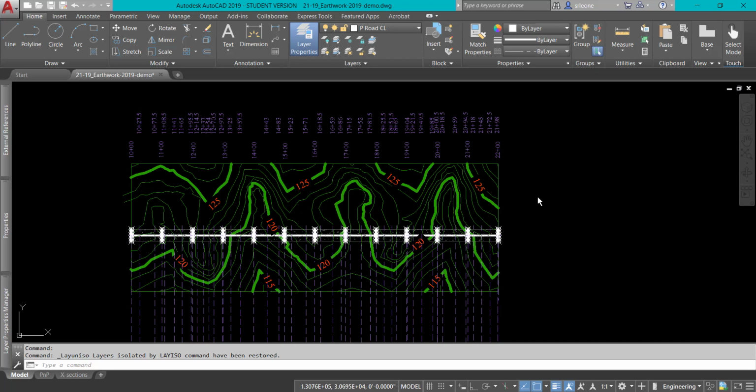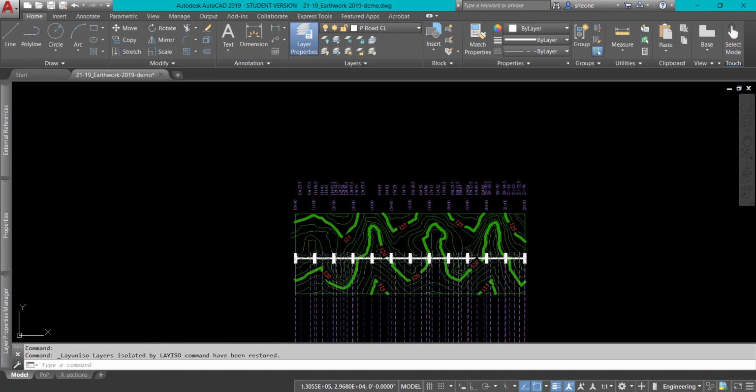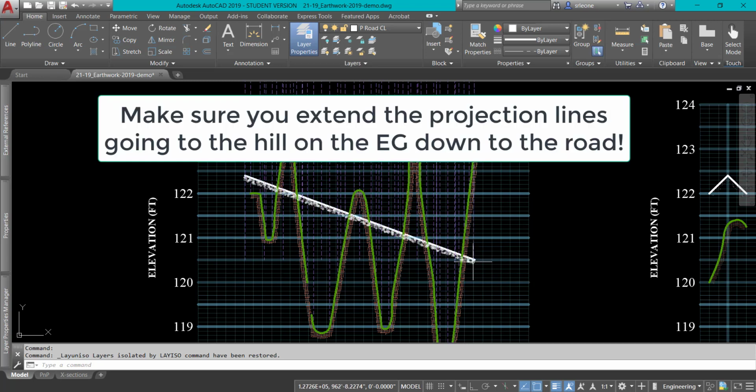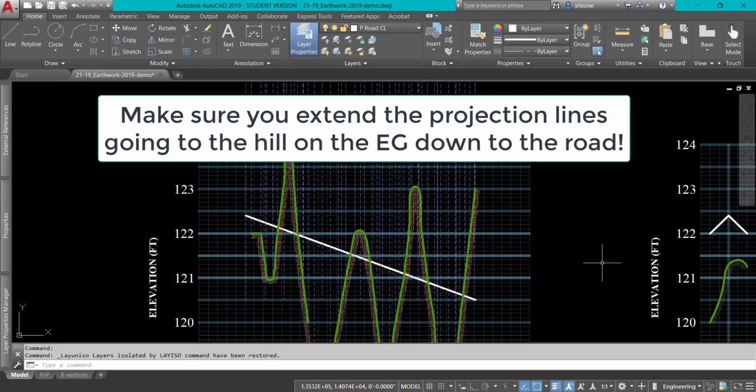As you can see, I have already rotated my labels for each of the full stations and added projection lines from the center line. And I just put them at an arbitrary distance, which is the same as the lowest distance of the road. Now,